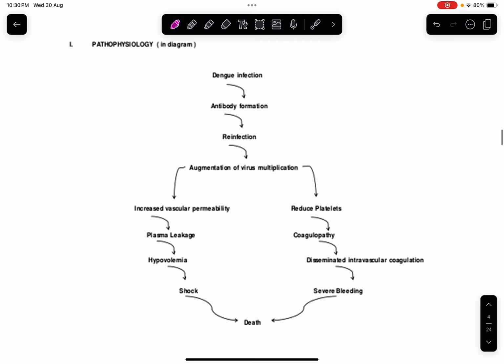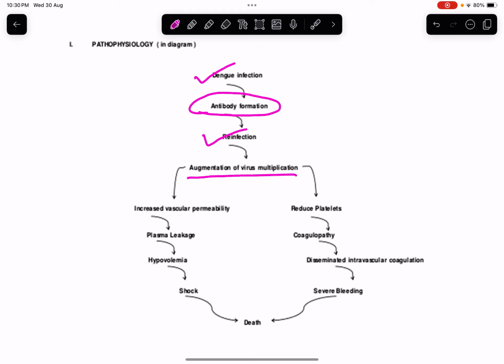Now, if we look at the pathophysiology through a flow diagram, once a person is infected with a particular serotype of dengue, there will be formation of antibody against that particular serotype. If the same person gets reinfected with another serotype of dengue virus, then there will be augmentation of virus multiplication. It will lead to increased vascular permeability, resulting in plasma leakage from intravascular to extravascular space, which will result in hypovolemia, in turn leading to shock, and if the patient remains untreated, it may lead to